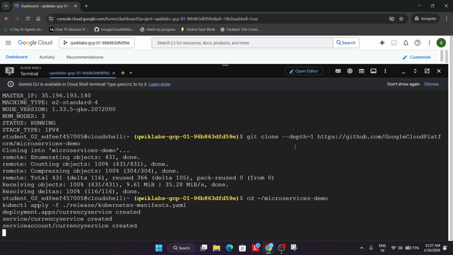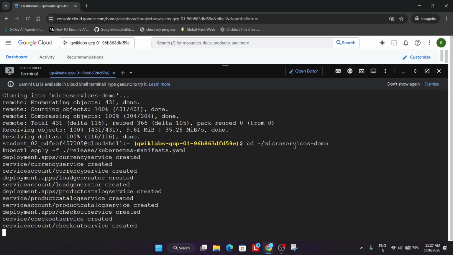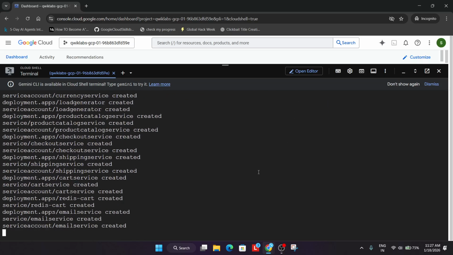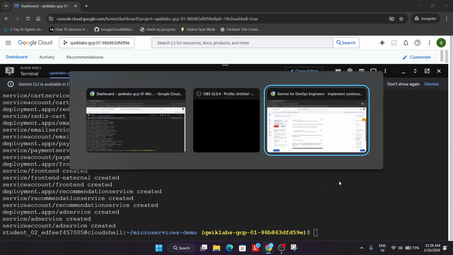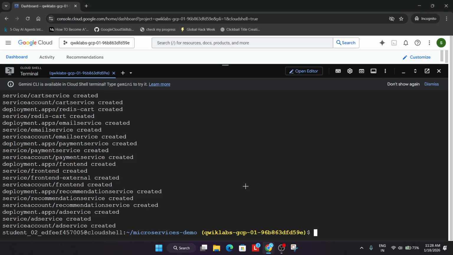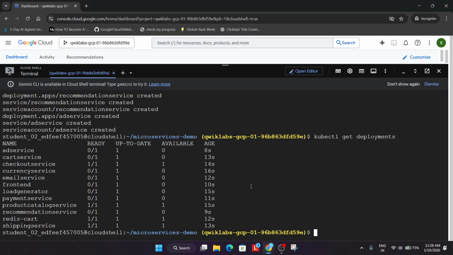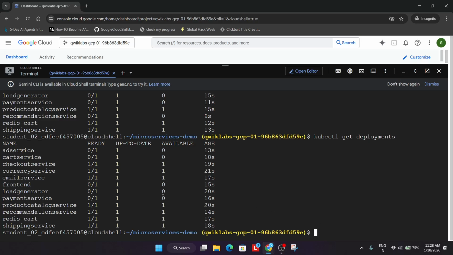It will take few seconds. It's doing all the task. So finally, this is also done. Now come back again and just check the deployments whether it's ready or not. So here you can see only one is remaining. Okay, some are remaining. Wait for it. Once you see one to all,